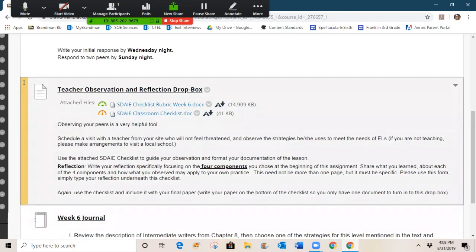All right, so you're focusing on 4 components. So you'll need to observe a lesson. It can be on any content area, but you do want to make sure that there are English learners in the classroom. So that's the fieldwork requirement for this course, and it's not due until week 6. But you definitely want to get a jump start on planning that so you're not left scrambling at the last